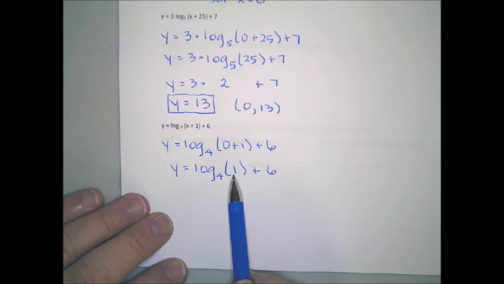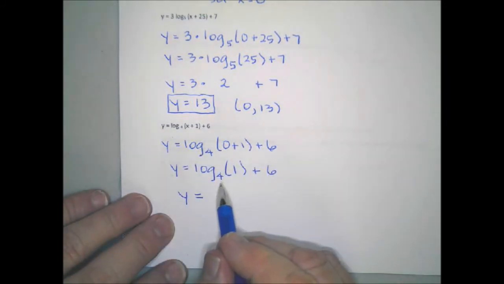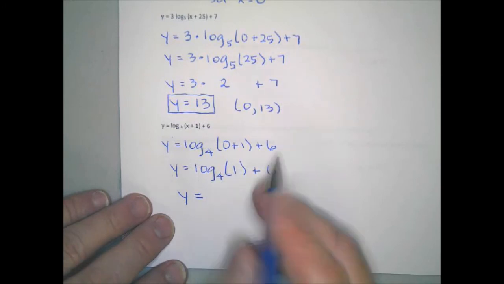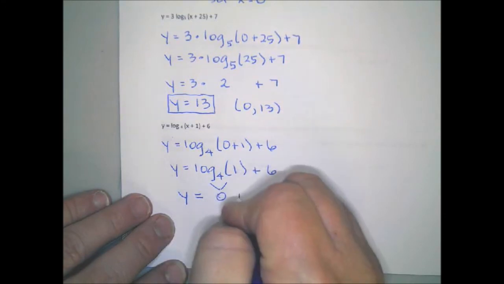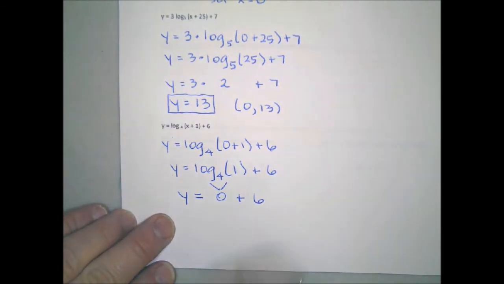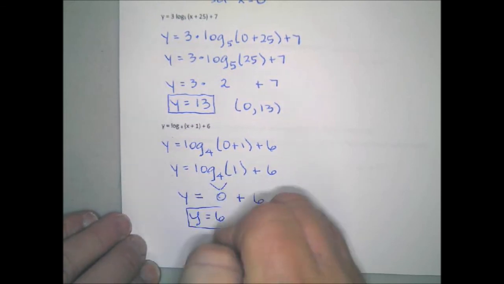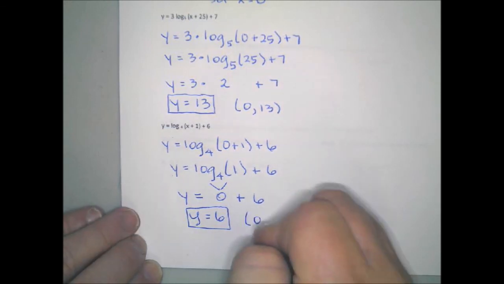So let's work on this part of the problem first. What power turns the number 4 into the number 1? And that is the power of 0, because 4 to the 0 power equals 1. Any number raised to the 0 power is 1. So this turns out to be the number 0, and then plus 6. So y equals 6. The y-intercept of this function is at 0,